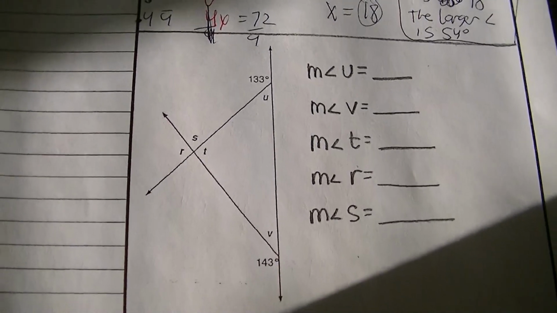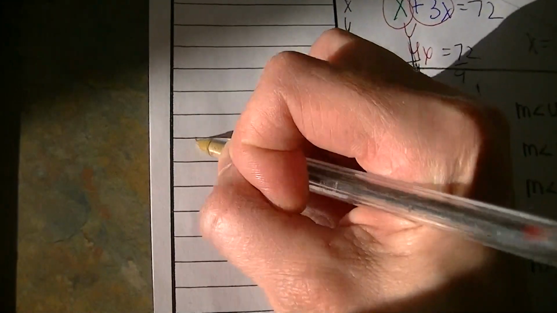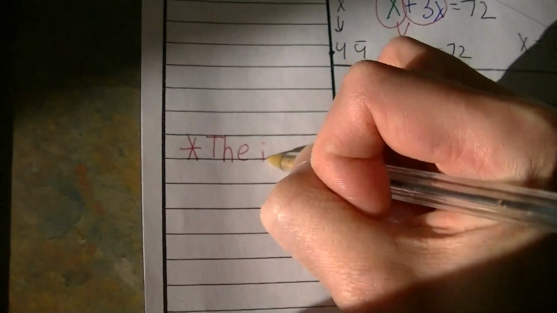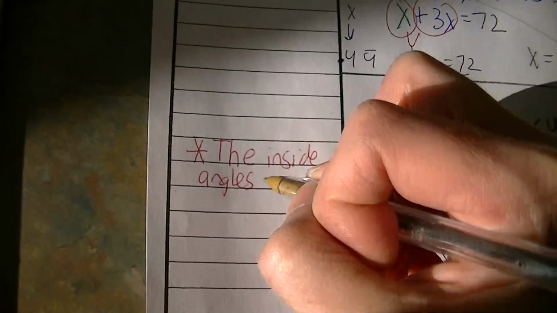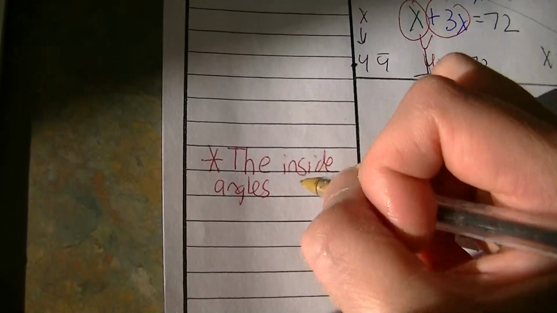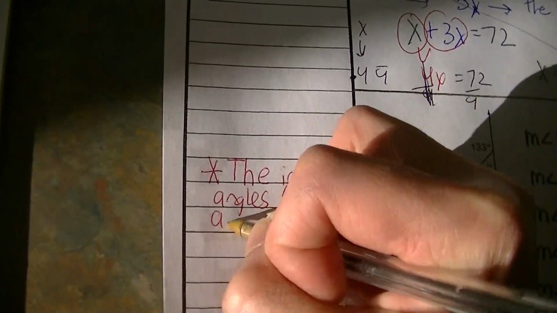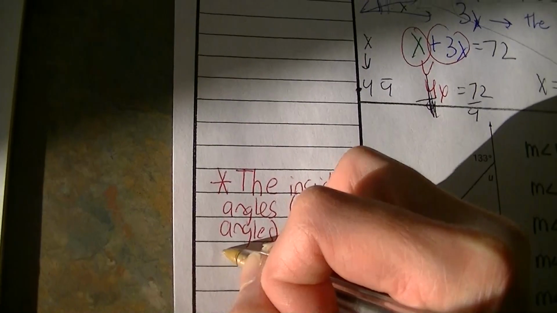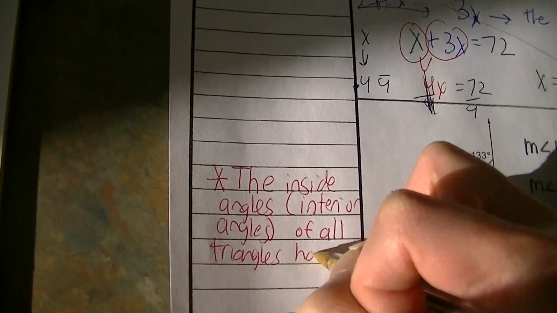Okay, the last one. Before we even start this, I want you to write this down. The inside angles of all triangles have a sum of 180 degrees. This is super important forever. The inside angles, which, a word that I would prefer, instead of saying inside angles, I want you to say interior angles. Interior means inside. Of all triangles, like all triangles in the whole wide world, have a sum